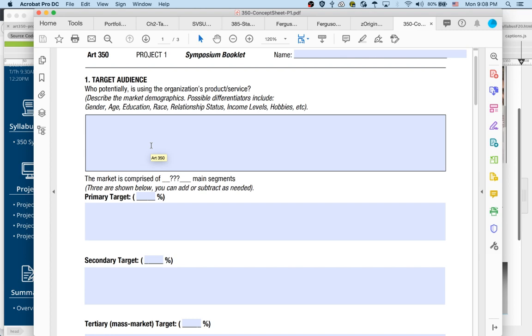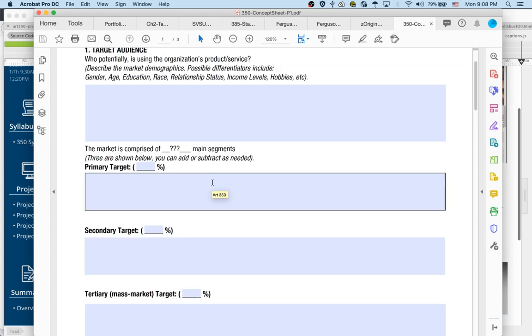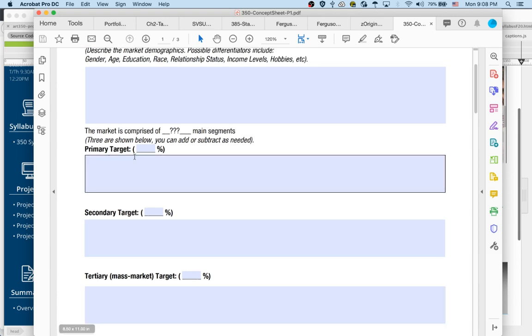Could be faculty. Could be administration. So think about, out of that, who do you want this booklet to appeal to the most? Is it parents? Is it other students? And then who becomes the secondary target and the tertiary target? Make sure these, if you use all 3, add up to 100. For example, 90%, 5%, 5%